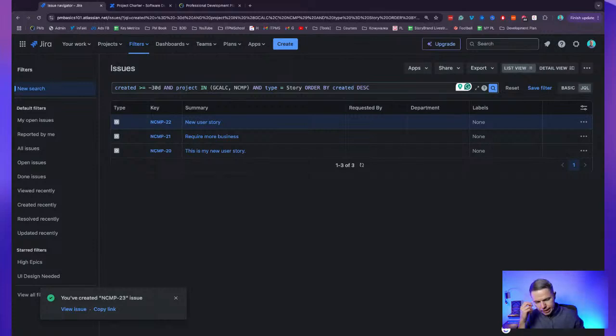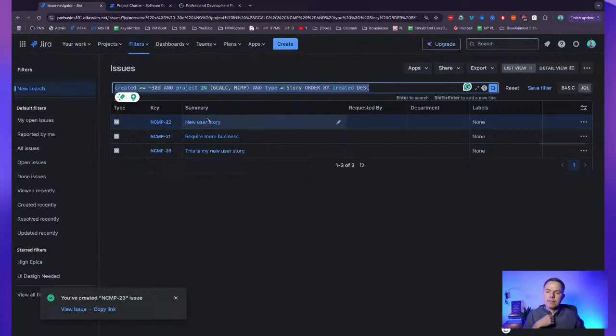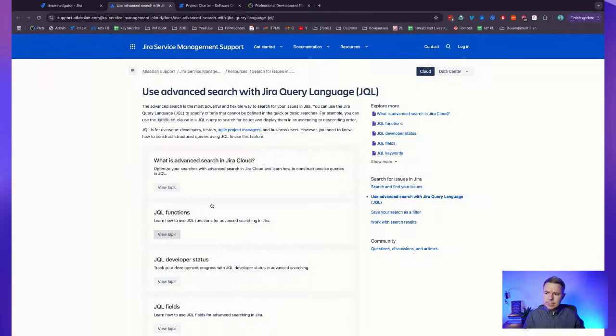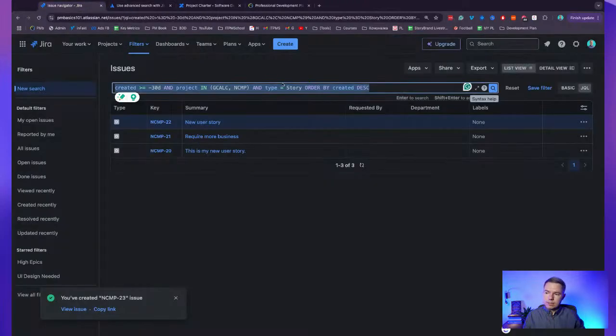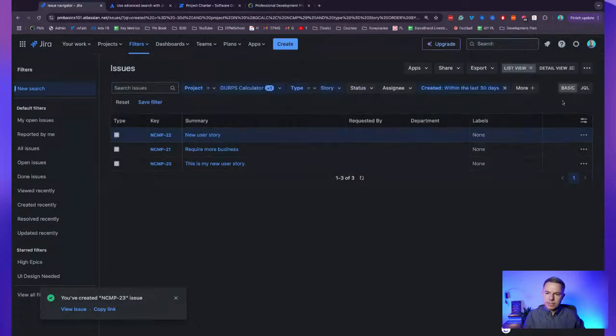Now, a lot of functionality inside Jira actually relies on this Jira query language. And sometimes you will need to know a lot of backend stuff if you want to implement more serious things in Jira. So the takeaway is simple. It's very beneficial to learn the syntax. It's quite simple. Once you understand it, you can easily create these queries yourself. At the beginner's level, you don't need it. You can use the basic language, but when you need to create some reports, maybe some dashboards, using query language